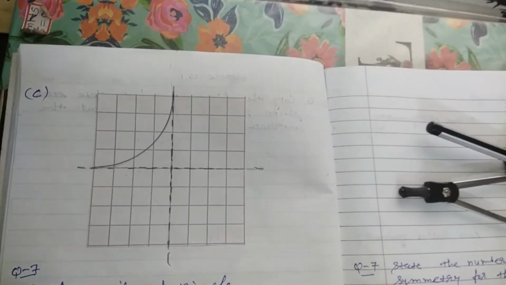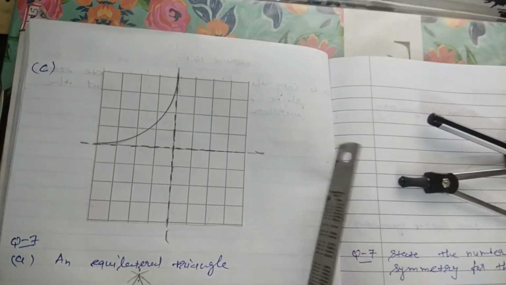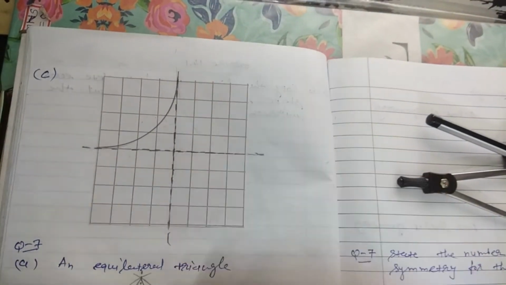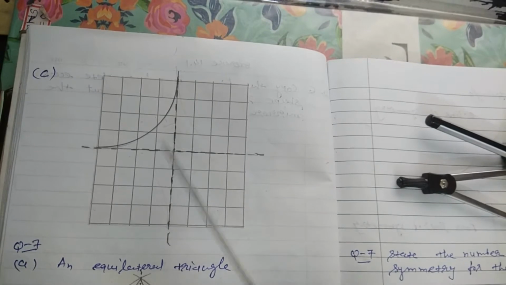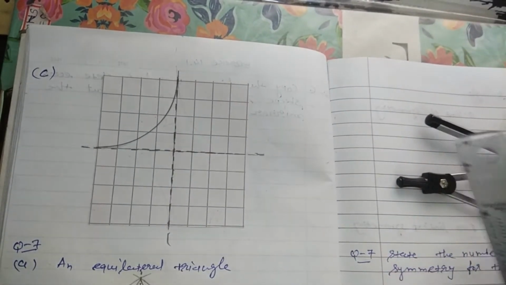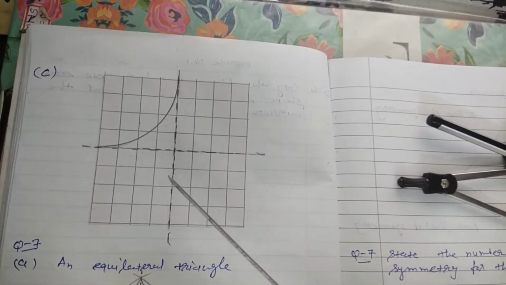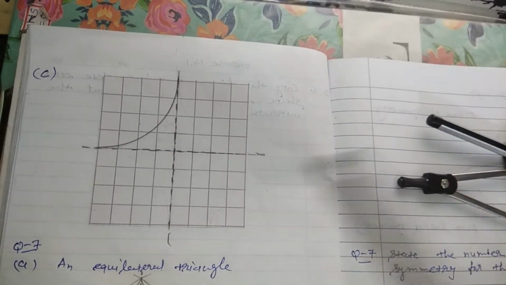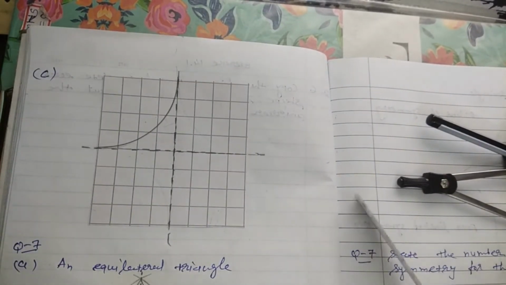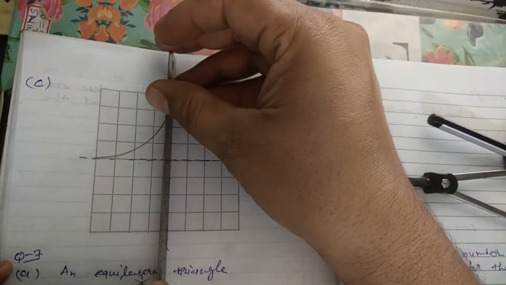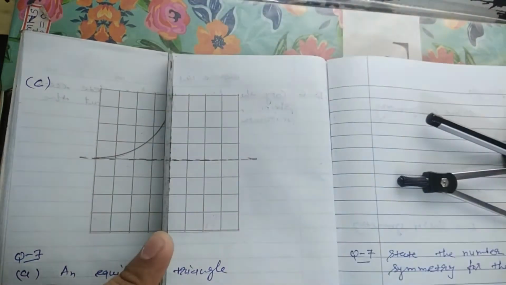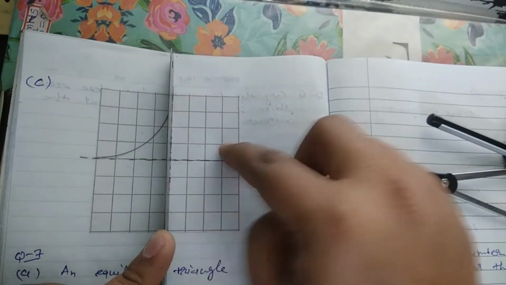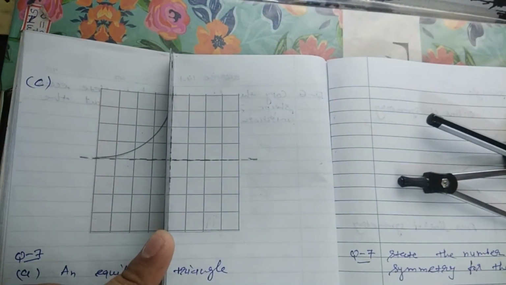Number C. In this diagram, two mirror lines are there. One is vertical, another one is horizontal, and because of that this diagram is divided into 4 parts. In one part, one shape is given, and we have to draw the perfectly symmetrical part of this shape in the other 3 parts. First of all, vertically we will put a scale on a mirror line. Now we have to imagine which kind of shape is perfectly symmetrical for this part.